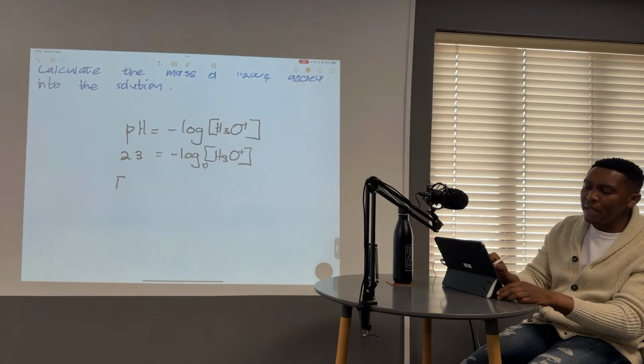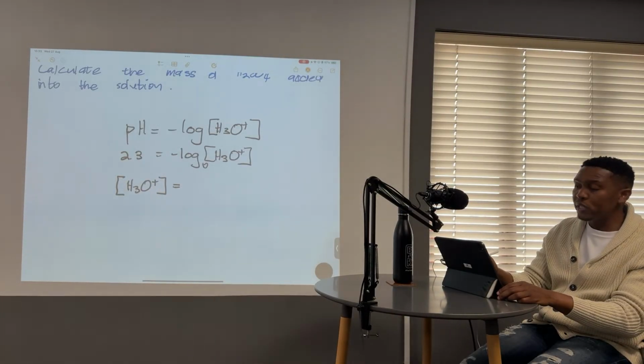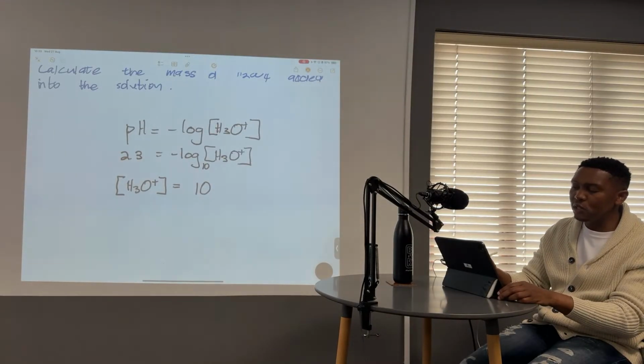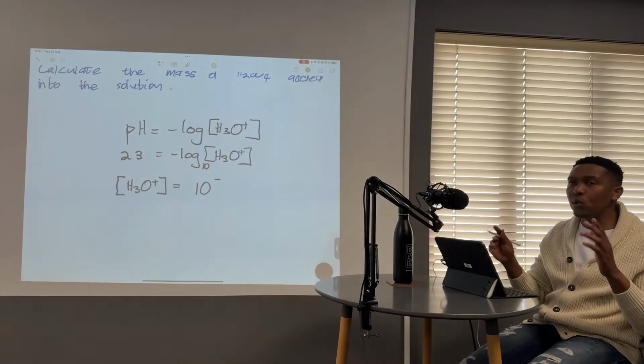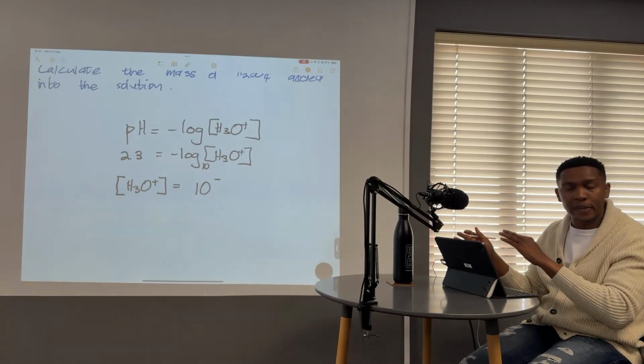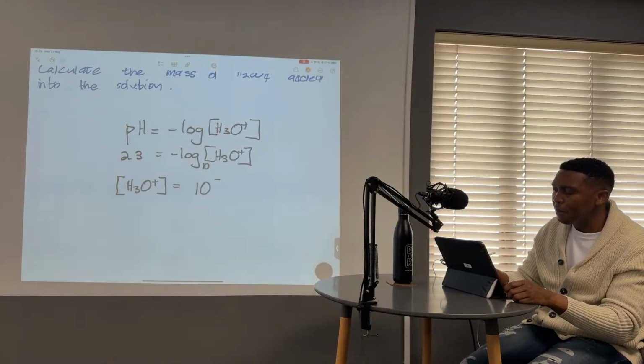So just remember, what we are going to do is say H3O plus concentration. You take the base, okay? So the base of our log is 10. This is exponent minus pH, okay? So it's always 10 to the minus pH, okay? So that's 10 to the power minus 2.3,